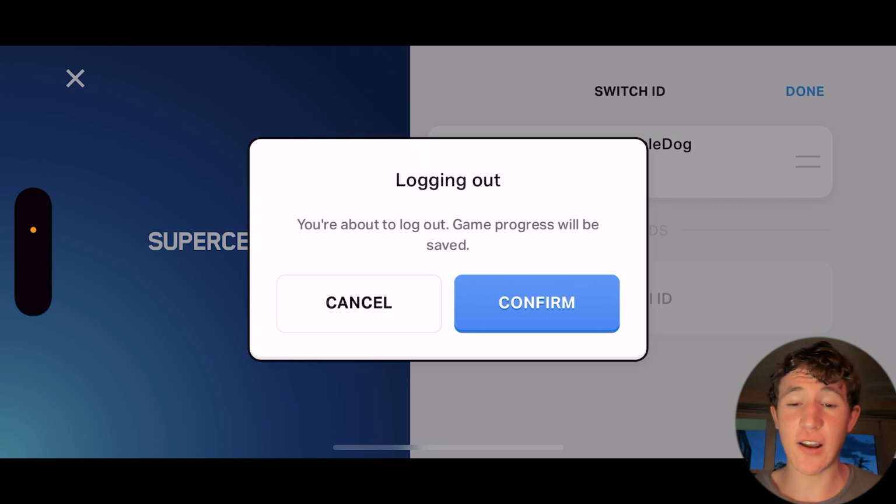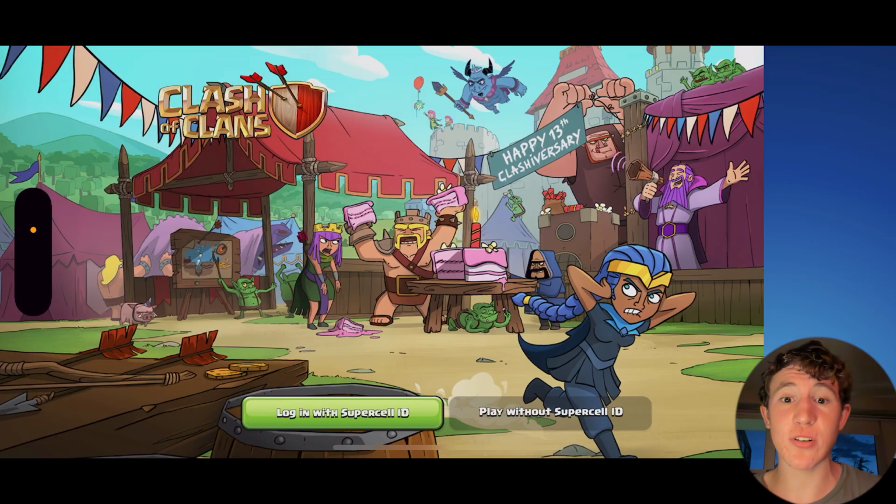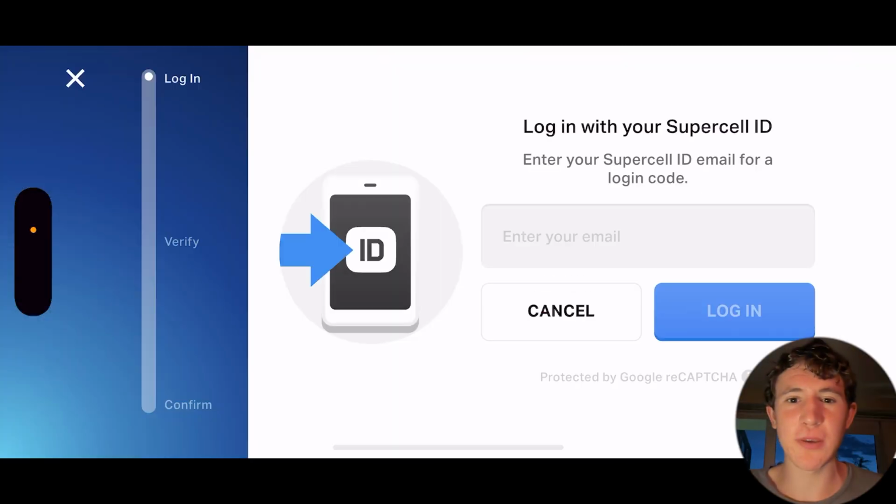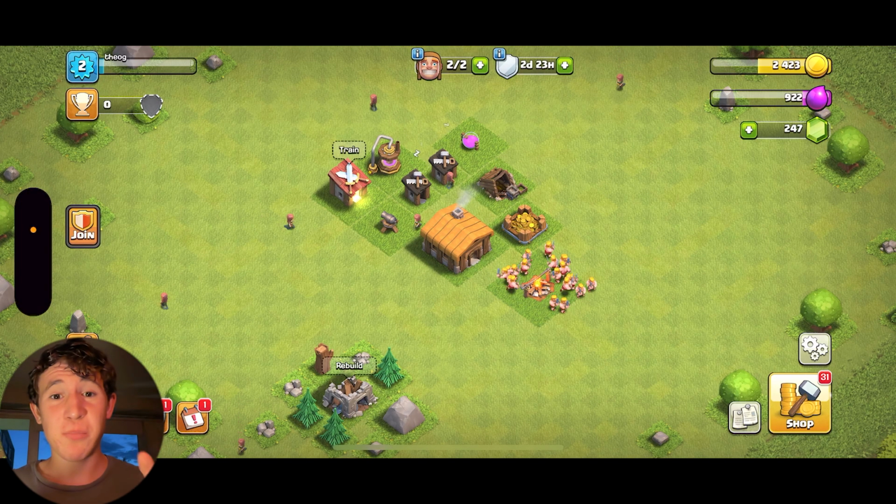Now, once you actually exit out of your account, you can see this option called Don't Play with Supercell ID will pop up when you bring it to the home screen, and you basically want to click on that option and then complete the entire tutorial. It took a few minutes for me, and you can see right here once you've actually completed the tutorial,